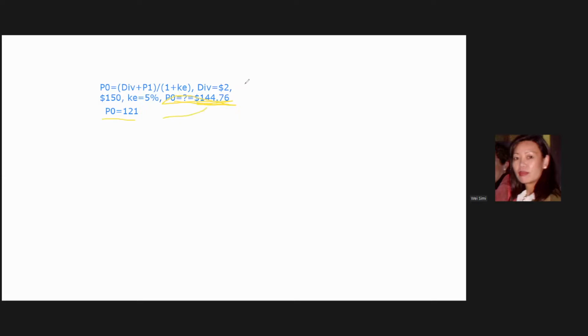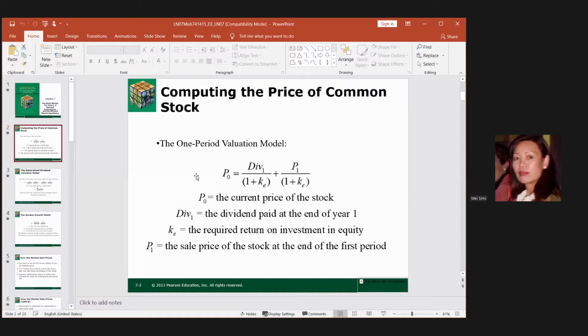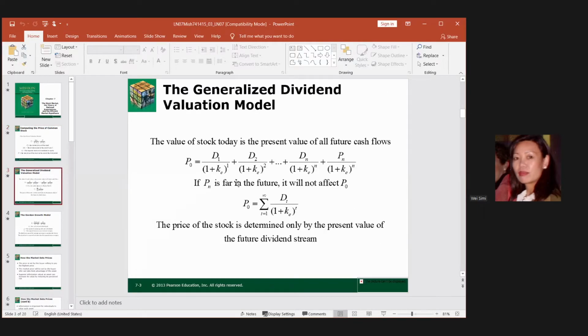If it's trading higher than this, you should short, because like I said, the condition is assuming you do the right thing, get this right, get the dividend right, get the price you're selling, P1, right. Then you will make this decision. Okay, very good. That was the one-period stock, a very simple one. All right, so let's go to a difficult one. The one-period stock is easy to understand. So now let's go to the real case, right?